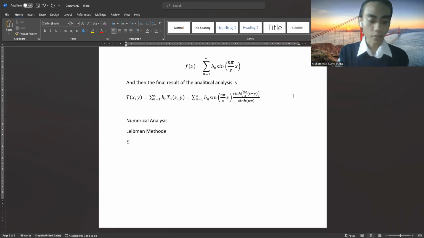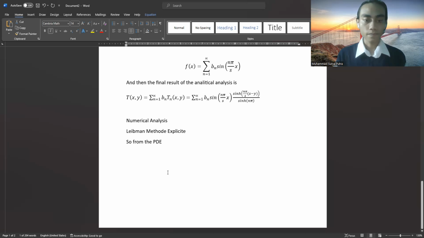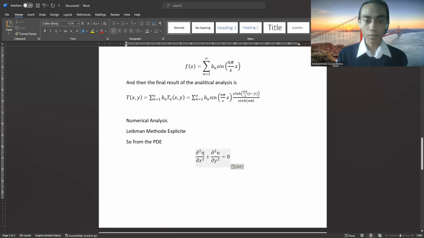in an explicit way, explicit. So from the PDE, let's say of this one, right? I'm gonna write this one again. I'm gonna use it as T because we calculate the distribution of temperature over the plate of the metal, the iron,